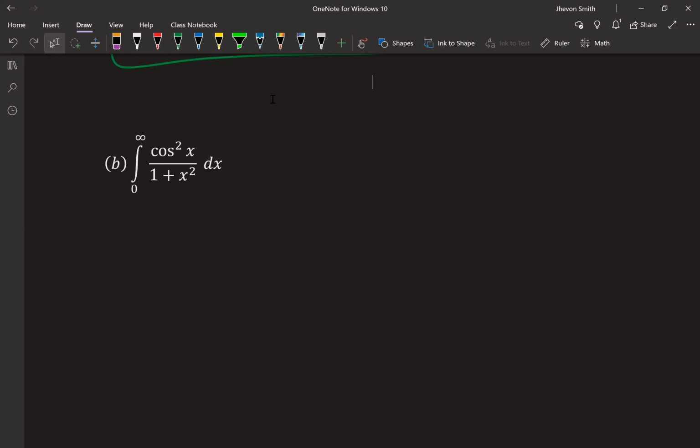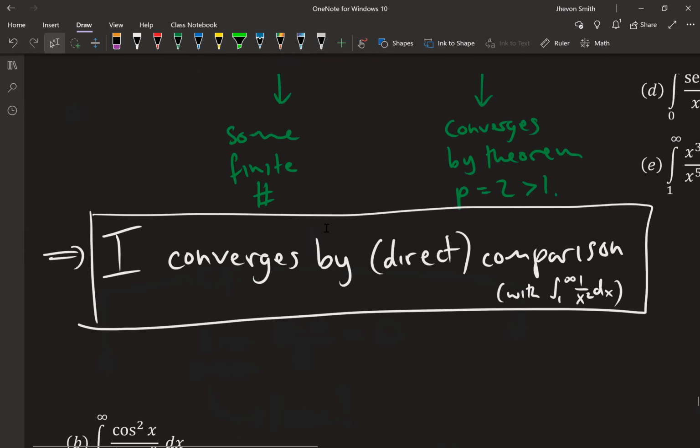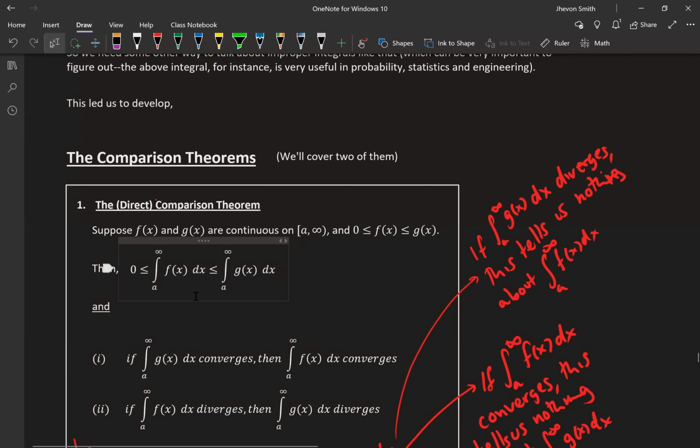Sure, cosine squared is greater than or equal to minus 1 and less than or equal to 1, but the lower limit there isn't great. We don't need the minus 1. You can use 0 and 1 because it's a square. And of course, why would you opt for the 0 and 1? Well, I have this theorem that we had earlier that has this 0 right here on the lower bound. So while it's true to say cosine squared is between minus 1 and 1,